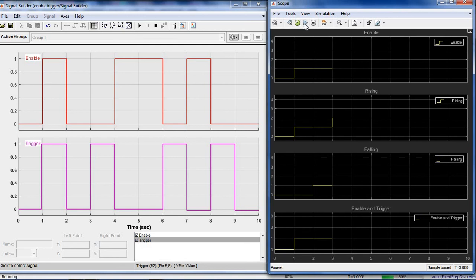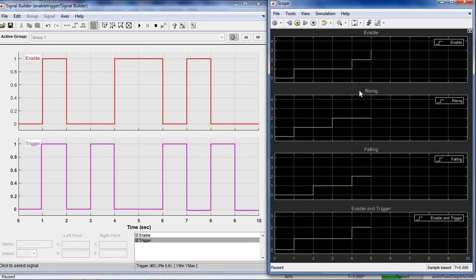Up to 4 the enable subsystem output is 0, but at 4 the enable condition is greater than 0.